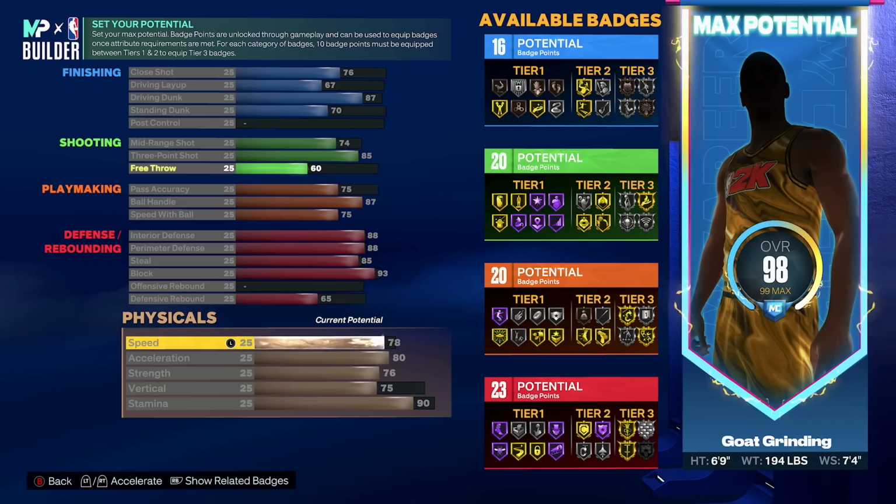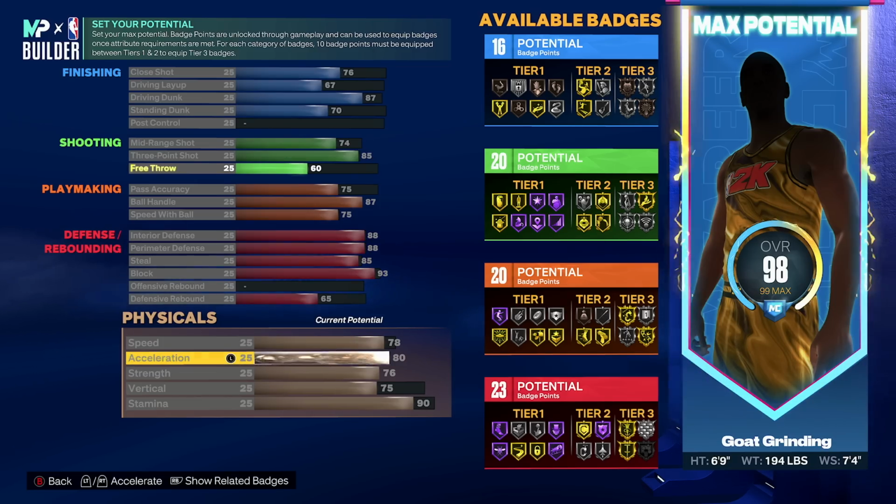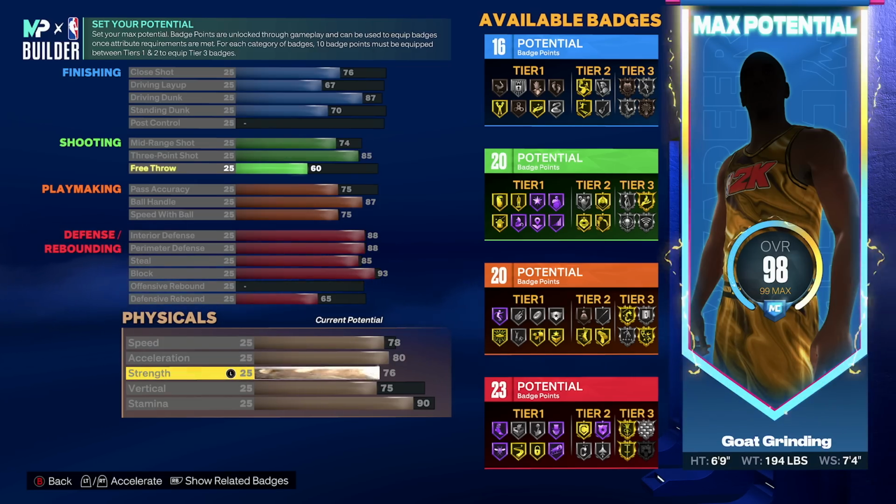So how fast you're running up the court on a fast break, how fast you're rotating on defense, that is your speed rating. And me and a lot of other good 2K players agree that if you're a 6'9 build, all you need is a 75 speed. So we went even a little overboard with 78. But the good thing is, with Gym Rat unlocked, you will have an 82 speed, an 84 acceleration, and an